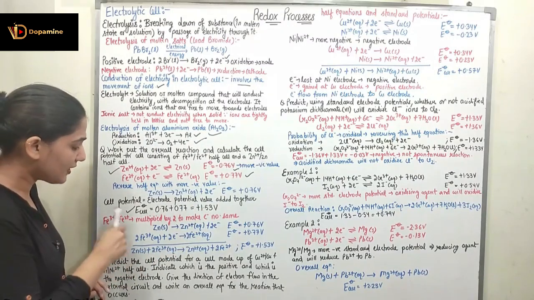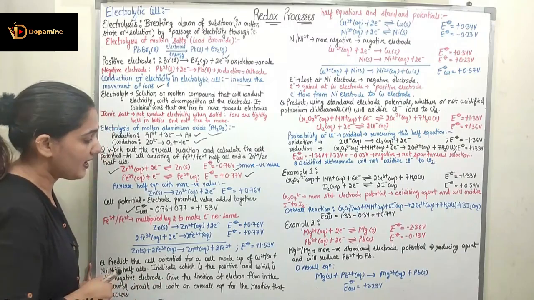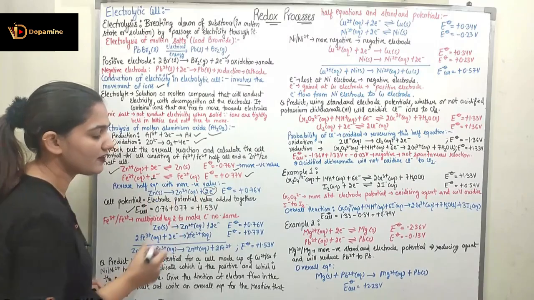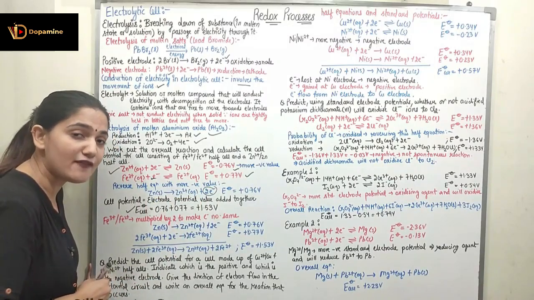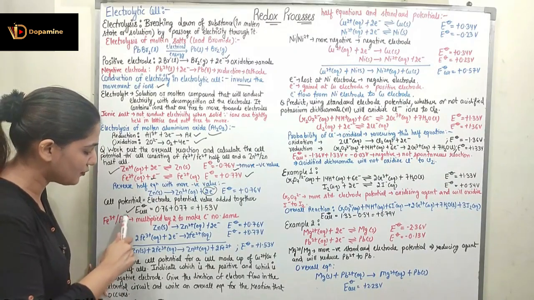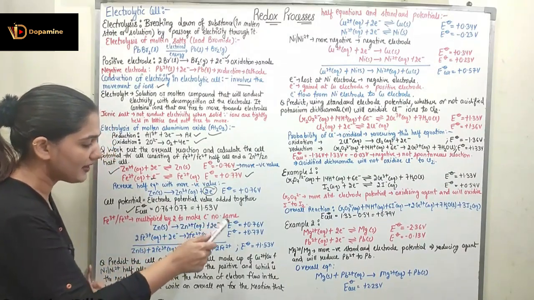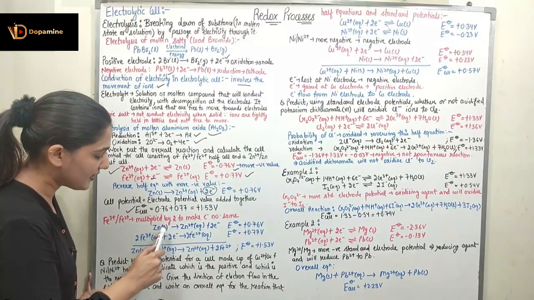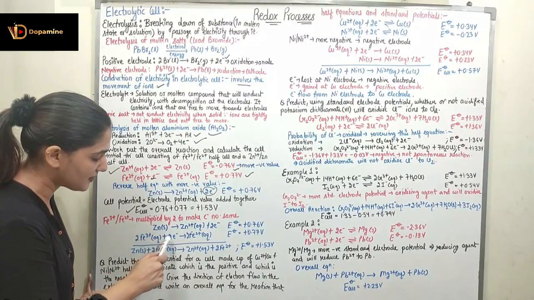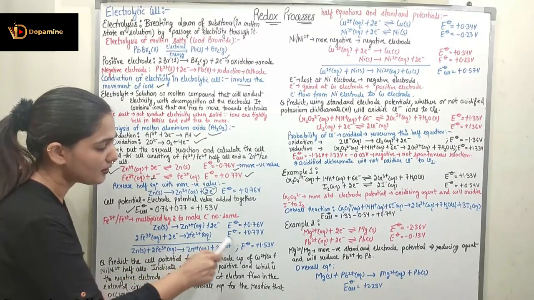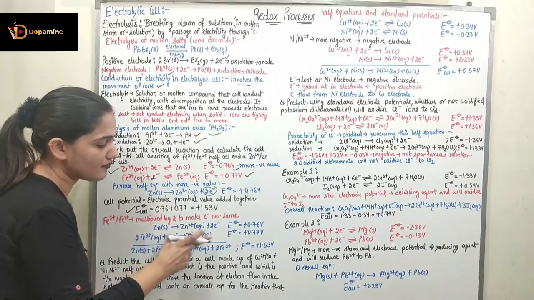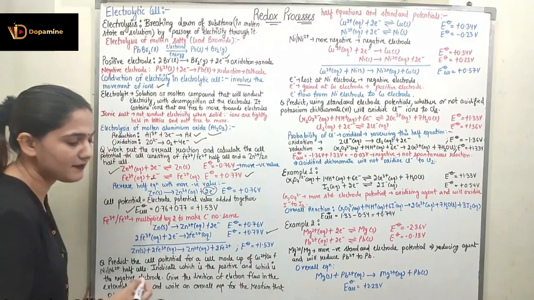So now if I want to find out the overall equation, here you can see I have one electron and in this equation I have two electrons. So first of all, to find out the overall equation, I have to balance the number of electrons. So I'm multiplying the Fe3+, Fe2+ equation by 2 to make the number of electrons the same. So now the Zn(s) will give me Zn2+ plus 2 electrons and 2 Fe3+(aq) plus 2 electrons gives 2 Fe2+. So the electrode potential is not changing. You have to understand this. Even when I'm multiplying with the coefficient 2, the electrode potential is 0.77 only, right?